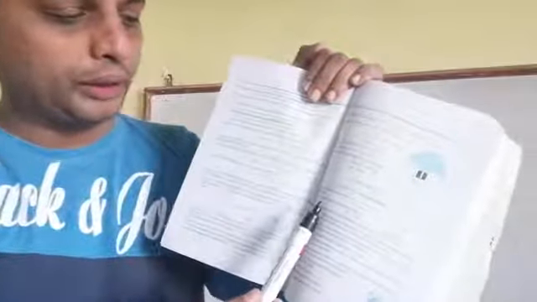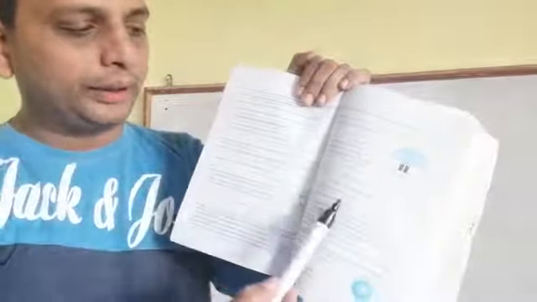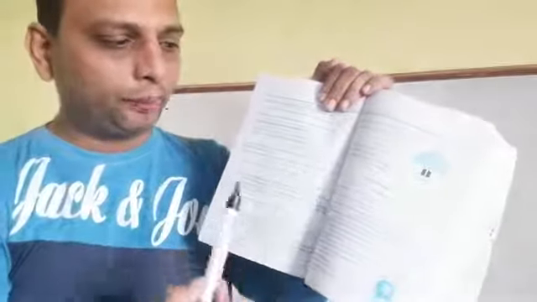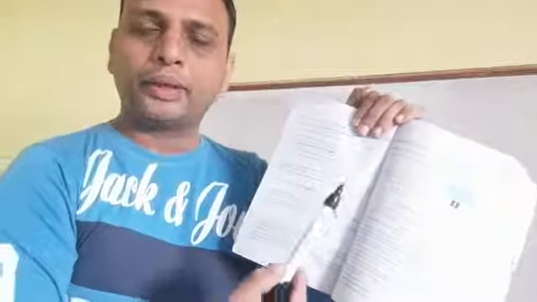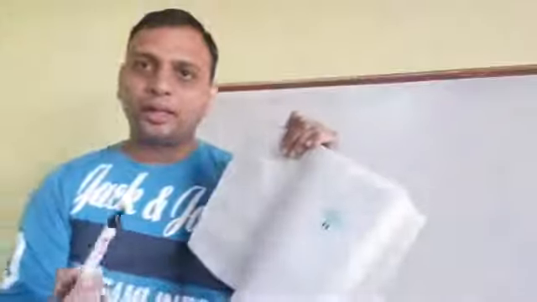And the second question: what is the surface area of the sphere of diameter 40 centimeter? That is also simple. Our diameter is given. We will find the radius and put it in the formula, so we will get the area of the sphere. Of this first and second, I am going to solve only one question, because you only have to apply the formula and get the answers. I hope you will be doing that easily.